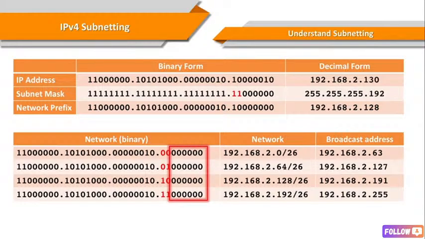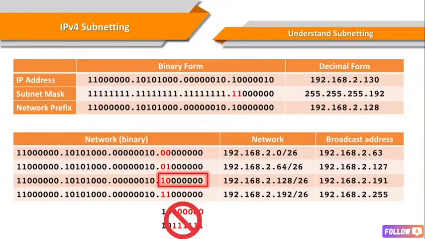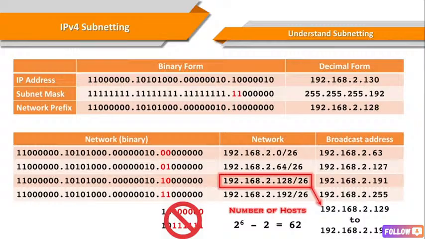The remaining bits after the subnet bits are used for addressing hosts within the subnet. So, the host part of the IP address is 6-bit. All zeros and the all ones values for the host ID are not allowed in a subnetwork, right? These 2 values are reserved for the network address and broadcast address, respectively. So the maximum number of hosts which can be addressed in these subnetworks is 2 to the power of 6 minus 2, which equals 62. Excellent. So as a result, the IP addresses of the devices in the subnetwork 192.168.2.128/26 will be between 192.168.2.129 and